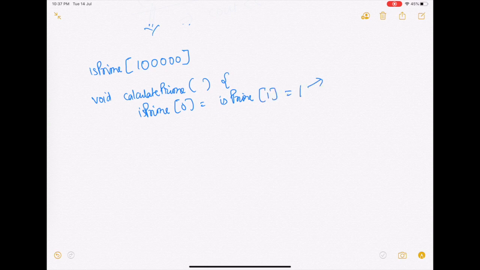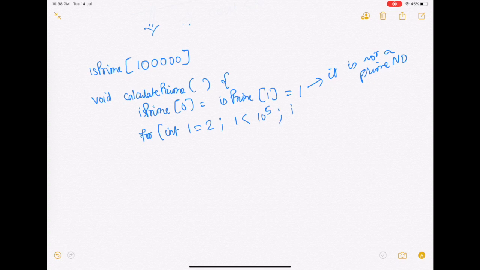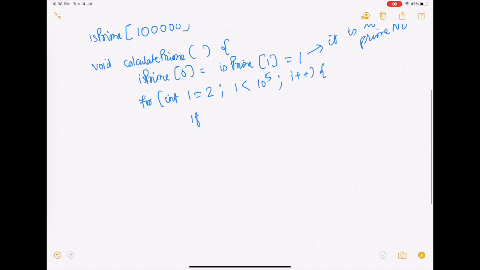So 1 signifies it is not a prime number, and 0 signifies that it is a prime number. Then for int i equals 2, i smaller than 10 raised to the power 5, i plus plus, if isPrime of i equals 0,